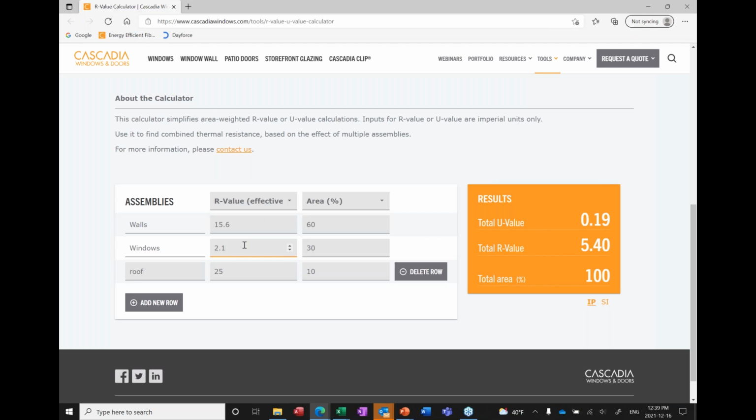So if we go from an R2.1 to a double glazed high performance window product with an R4, which is what you can commonly expect, you can see right there we're all of a sudden above our building's R value target of 8. So now if we were to take that one step further and choose a triple glazed window with an R value of 7, which is what you can expect for some high performance triple glazed products, you can see that now we're way over. We're up into that 11, almost 12 effective R value range for the building envelope.